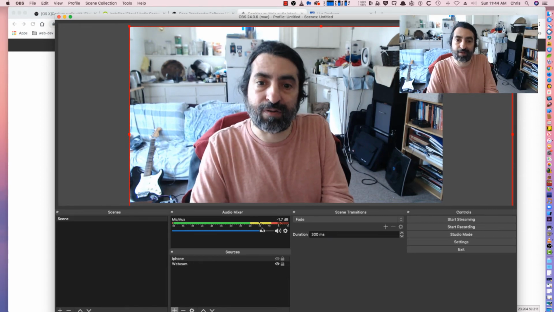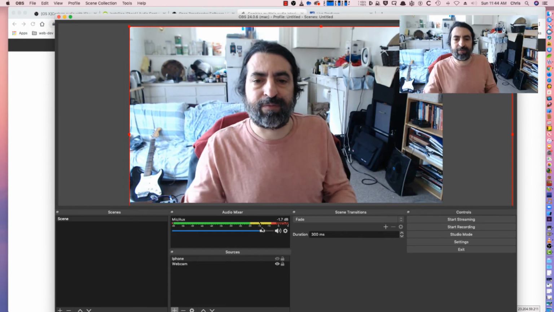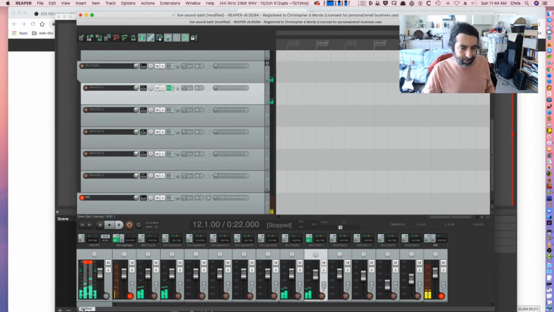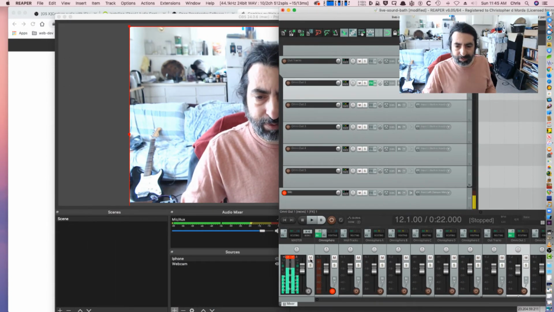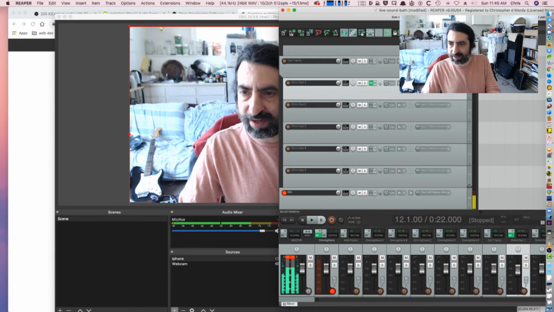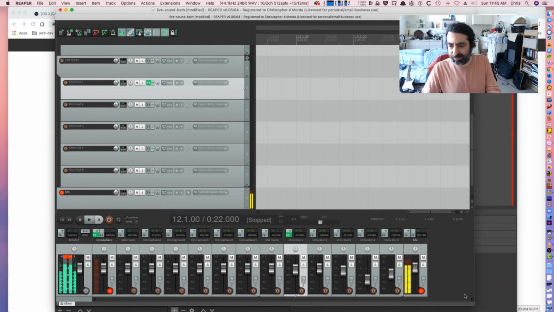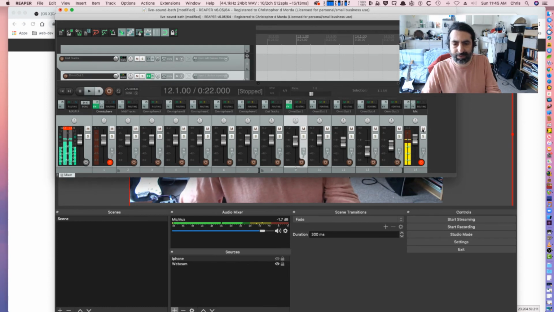And I can talk over my synth as well. Right? Because everything's coming through. So if I go here to Reaper, just to prove this is working, and if I mute this, and now if I mute, the reason I do this is obviously I could do everything from inside of Reaper if I want to, right? So if I mute this,